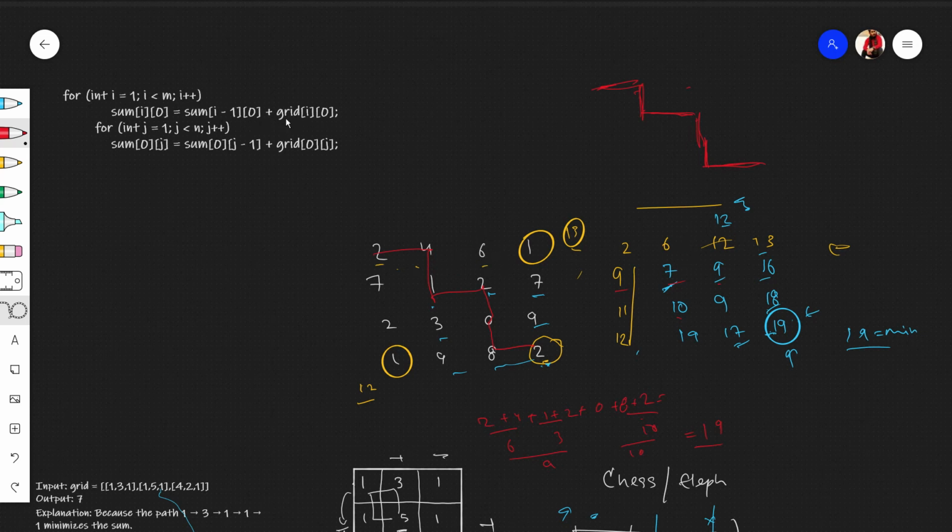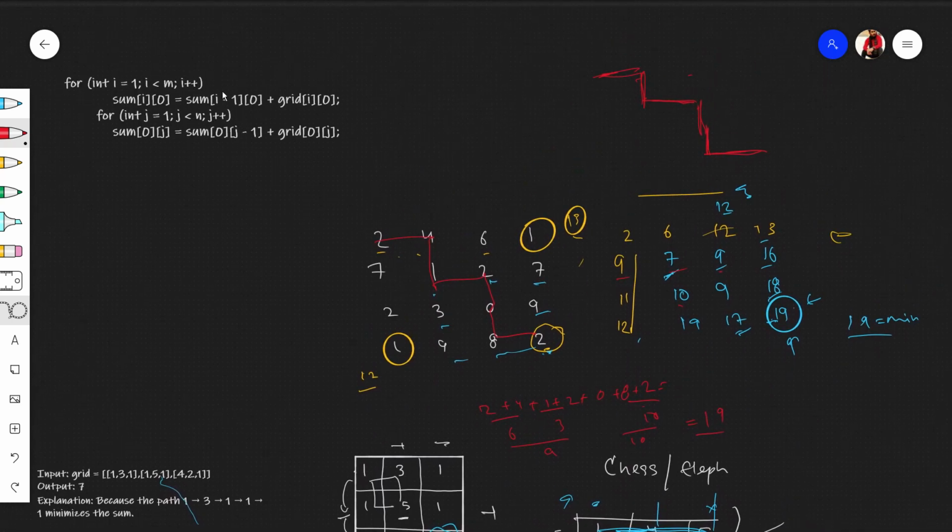Same thing I'm doing. We are standing on this token, and we need to add the sum of this here. This is 6, sum of this is 6. So we need to add the token. This is our token and this is i minus 1. i minus 1 is going backward in our sum, like this DP which I have created now. This is sum, this is not DP, I've named it sum here. So this is sum of i minus 1, which is equal to 4 plus 2, 6. 6 added to token money 6, which is 6 plus 6, 12.